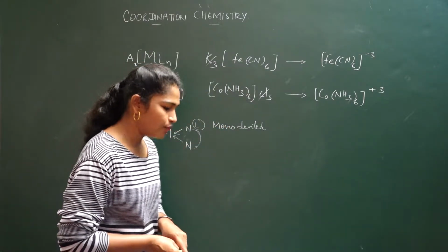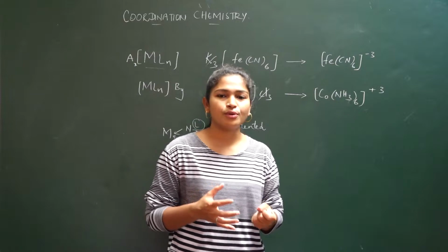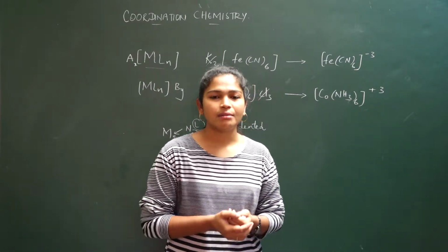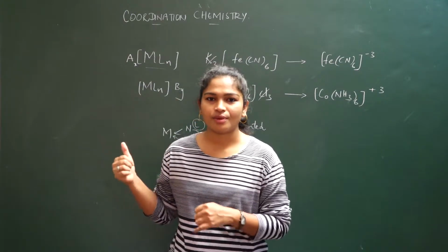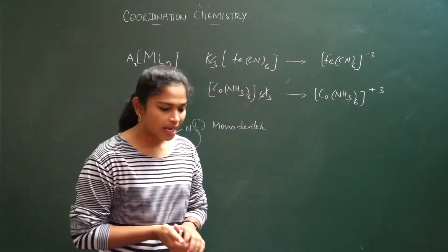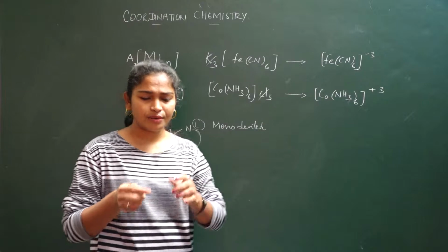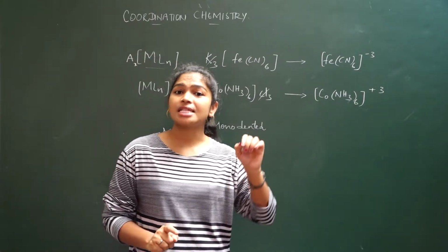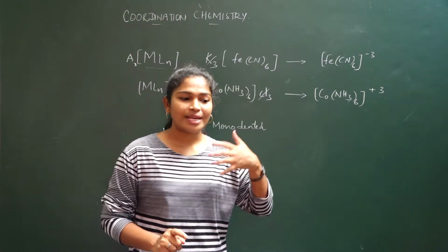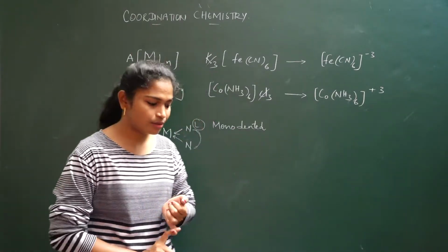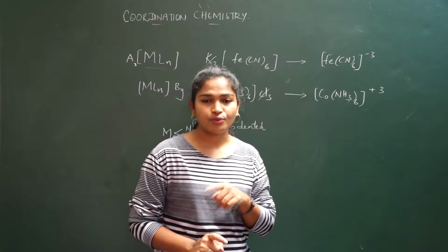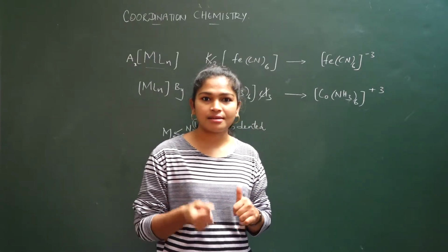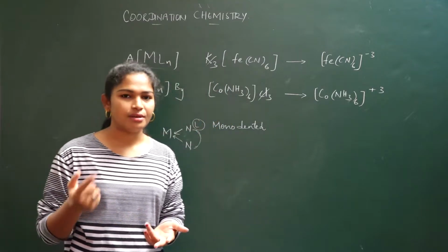Now I want to give you the bidentate ligands. All the ligands I may not give, but whatever we need for calculations, we will take. I want to give you which ligands are of which denticity and what is the charge on those ligands. While calculating the oxidation state and coordination number, we have to know which is which denticity and what is the charge on it, so that we can calculate the oxidation number and coordination number correctly.